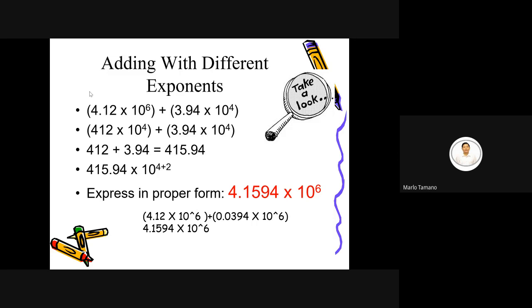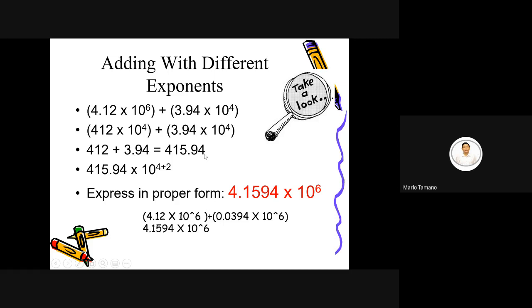Yung bilang ng minove natin going to the right, that is 2. So 6 minus 2 po tayo, kaya nagiging 4. So rewrite na po, ito na po yun. Pag nire-write na natin, 412 times 10 to the 4th plus 3.94 times 10 to the 4th. Now, pareho na po yung powers nung ating base 10. Okay, that's the time you're going to add. Okay, so 412 plus 3.94 and that is